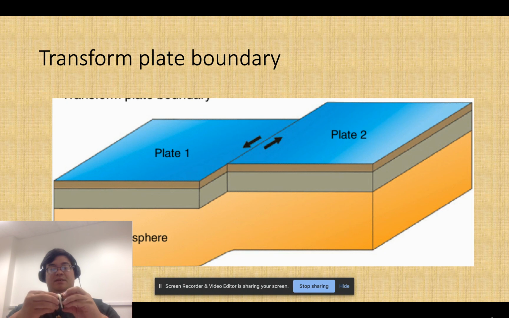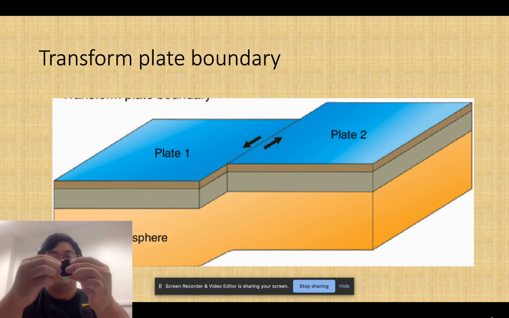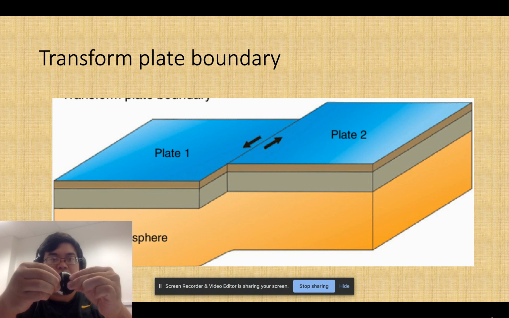This cookie's messy. Twist. Break in half. Wow, that was bad. They don't make these like they used to. All right, now going to move them along each other just like this. See how they're not colliding, they're not moving away, they're just moving